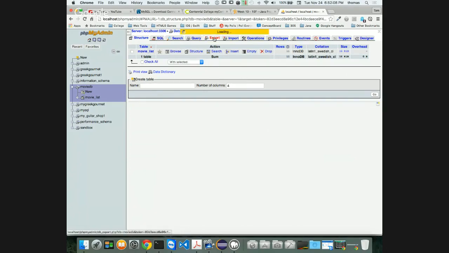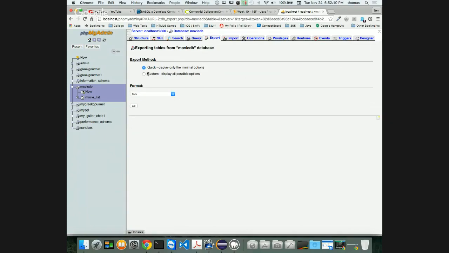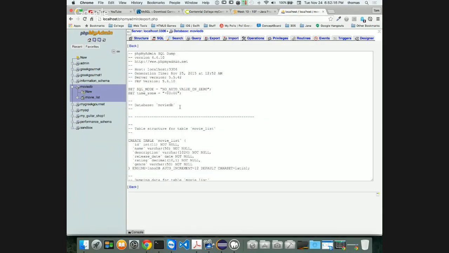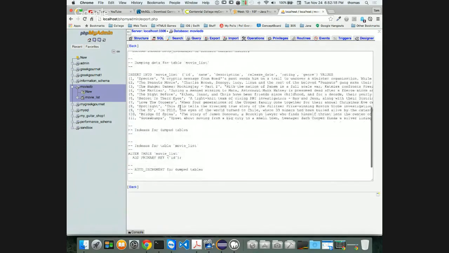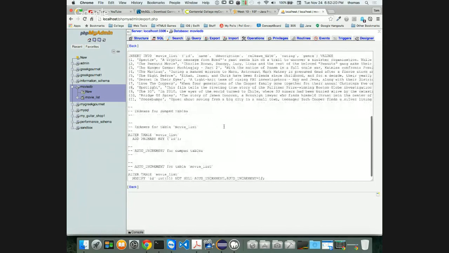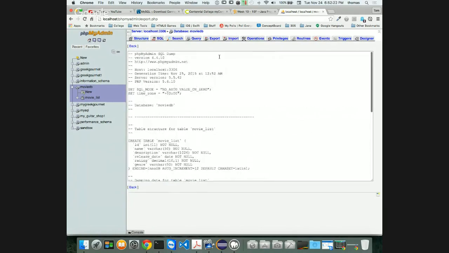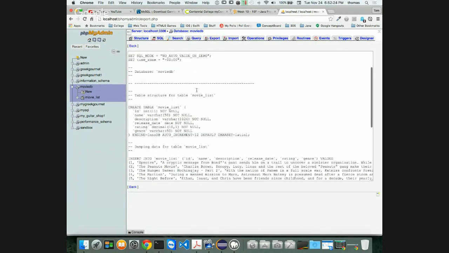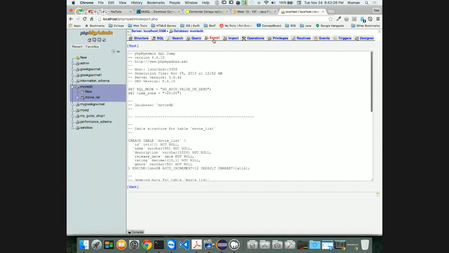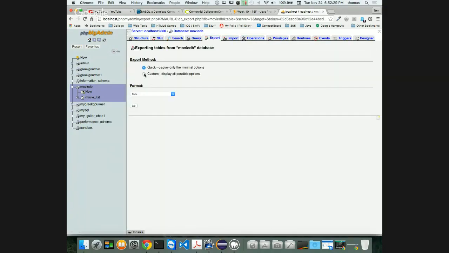I'm going to go here and export my database, right? It's going to create a SQL file, and I'm going to click Go. When I do that, it shows me that this is the data that I can export. It shows me kind of a virtual view of my data. I can actually create a SQL file from this, or I can